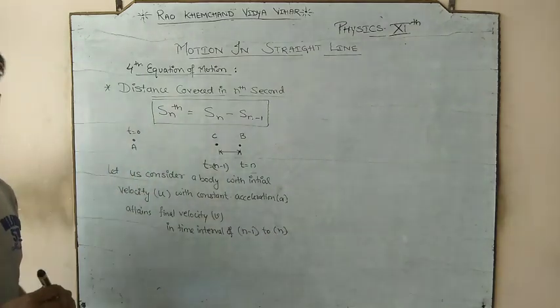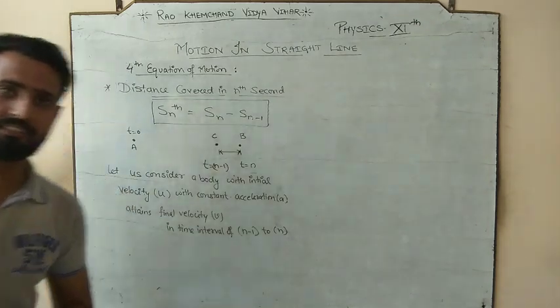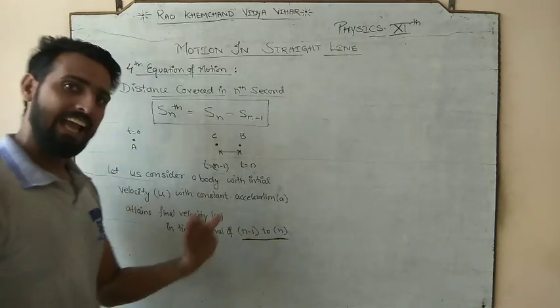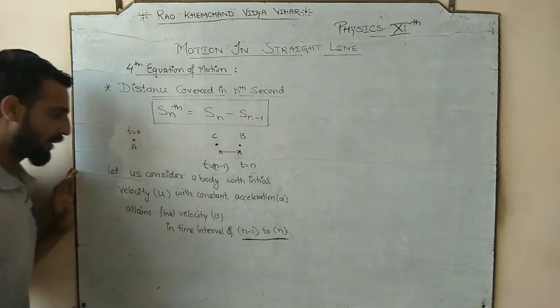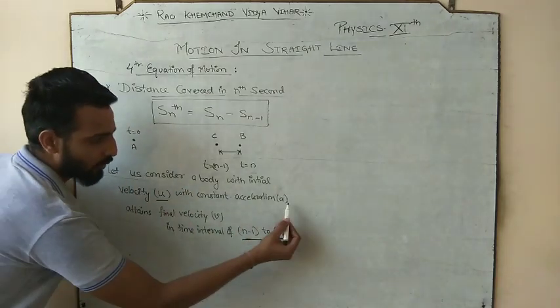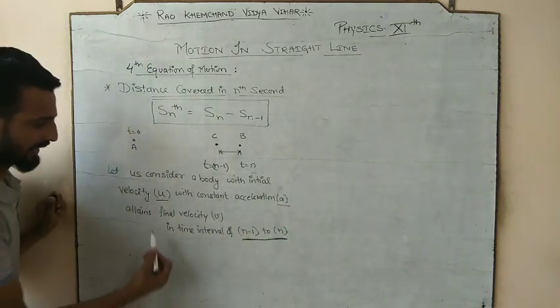So here is the time interval that I want to discuss. Sorry for this gap. So we have a body which is going to start with the initial velocity u with constant acceleration a,